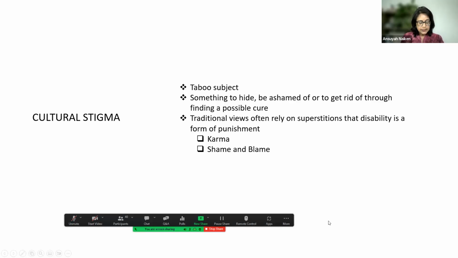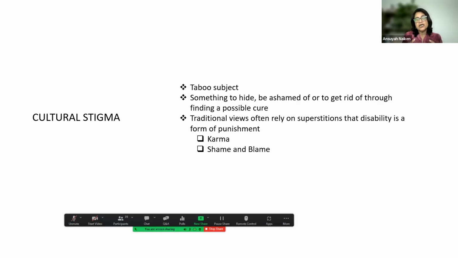Okay, and the other thing about the cultural stigma is that families or communities feel like there's this concept of saving face. Saving face meaning that, whatever I do, I will put my best foot forward. Now, if I do have a member in my family, be it my child or anyone else, that has a disability, that actually prevents me as a family from putting my best foot forward. So in the community, I end up losing face with my community because I have a child with disability.